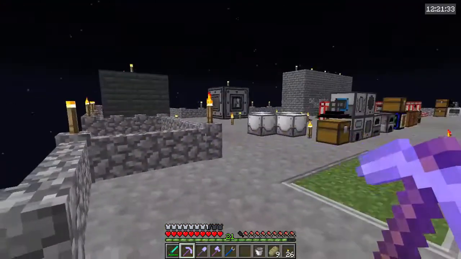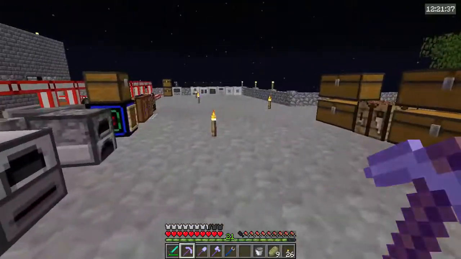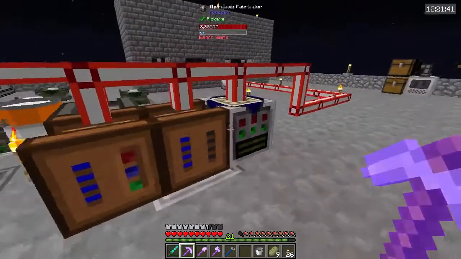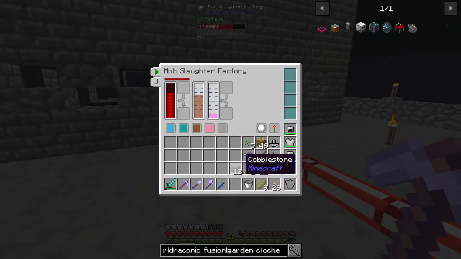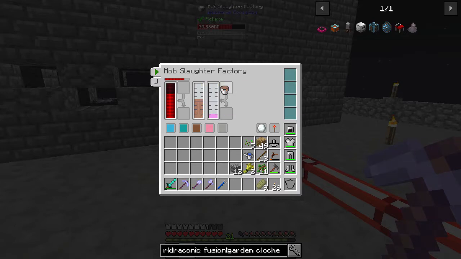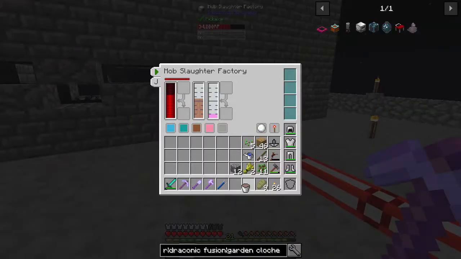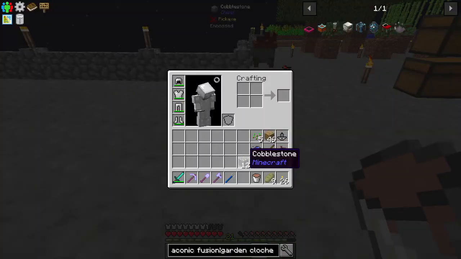In the last episode, we were working through Industrial Foregoing, trying to get to the, what are we making? The Material Stonework Factory, which required us to get the Mob Slaughter Factory so that we could get, not that, I didn't want that. I don't know what to do with it. Let's just make a little...